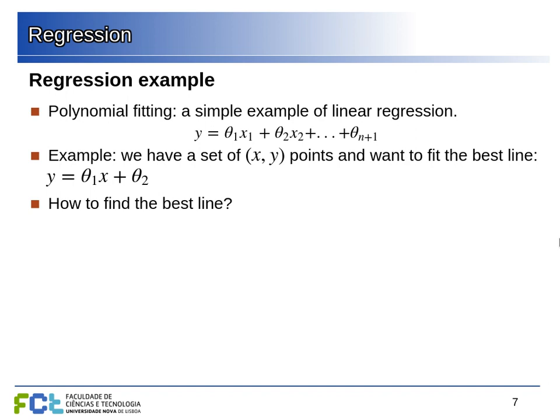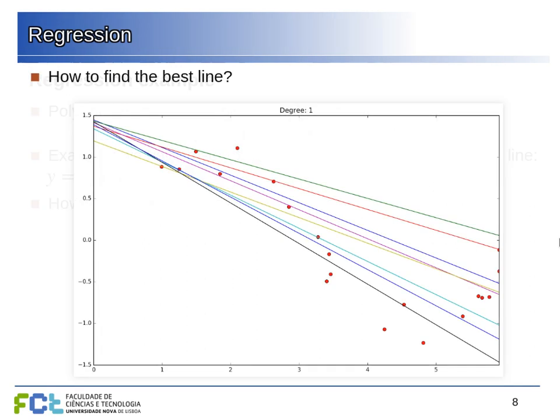And let's consider this hypothesis class of all the straight lines that we can represent in this model. So the y value will be theta 1 multiplied by x. This theta 1 tells us the slope of the line, plus a theta 2 that tells us where the line is placed. So how can we find the best line? Suppose that these red dots here are our data, the data that we know, and there are lots of possible lines that we can draw here. So how can we tell what is the best line?